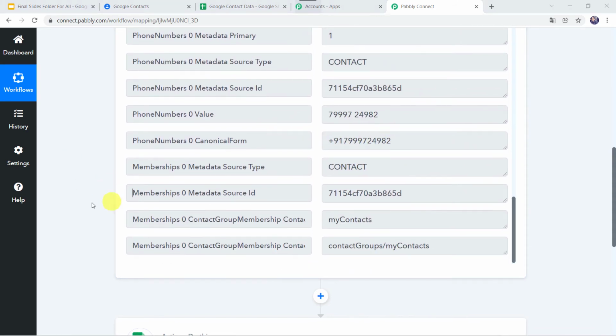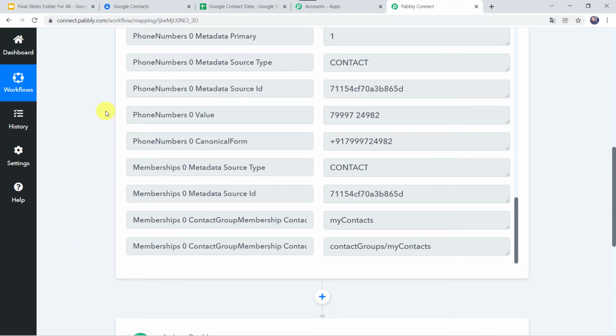Okay, now here I want to give you an important information that here you can see that the data has been captured immediately. But sometimes this may take some time in fetching the data, as the trigger here is polling based. So if your data doesn't get captured immediately, don't worry about that, and please wait for 15-20 minutes patiently. The data will surely arrive.